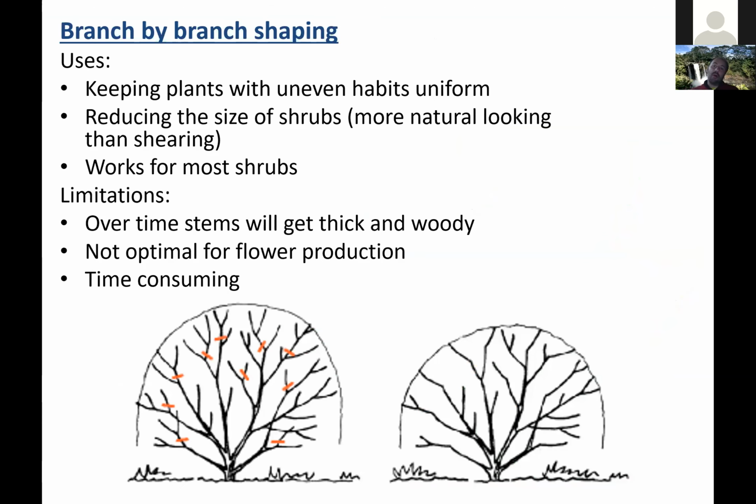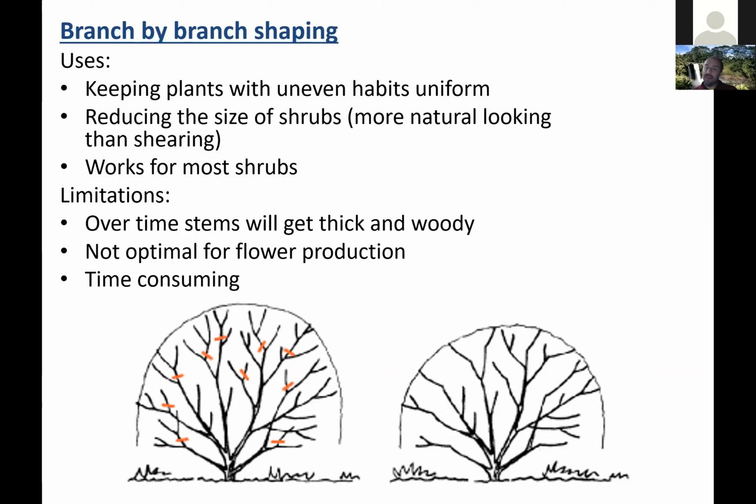And the example I always think of with this is forsythia. They always just want to have one branch in a forsythia that goes like 3 or 4 feet outside the canopy and just kind of hangs out by itself. And this is a really good way to bring it back into the canopy. It can also be used to reduce the size of shrubs, but keep them natural looking still, as opposed to shearing, which creates that very unnatural uniform shape. Almost all shrubs tolerate it, so you can use it on almost any shrub that you want.